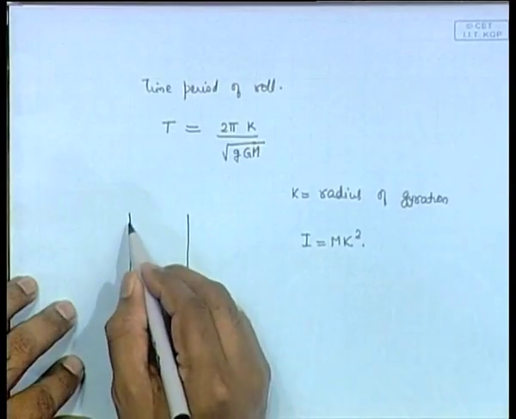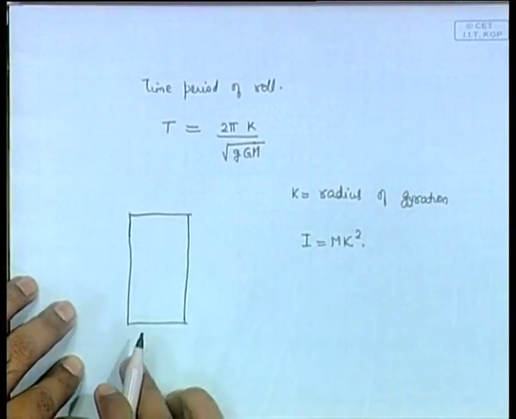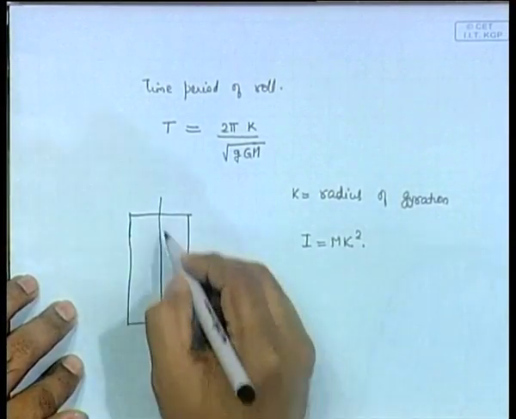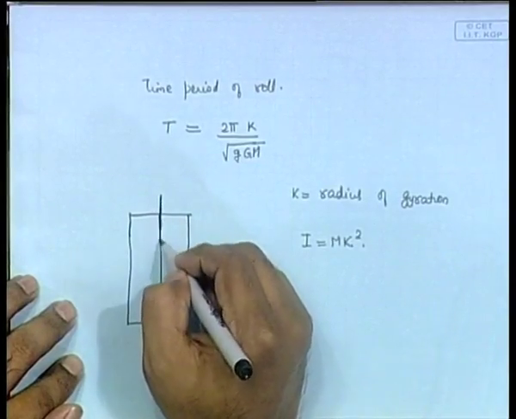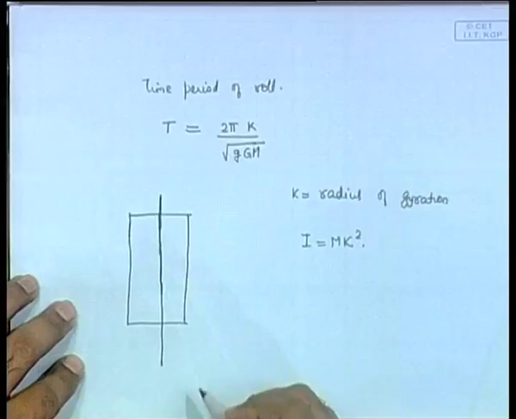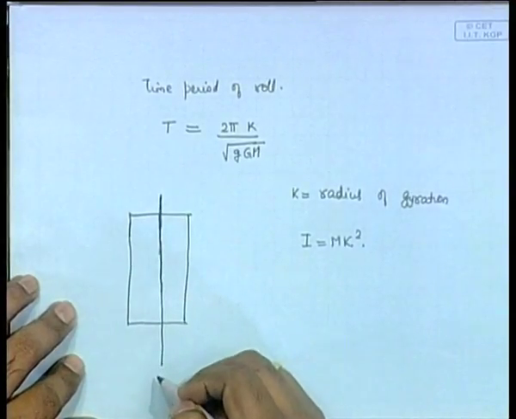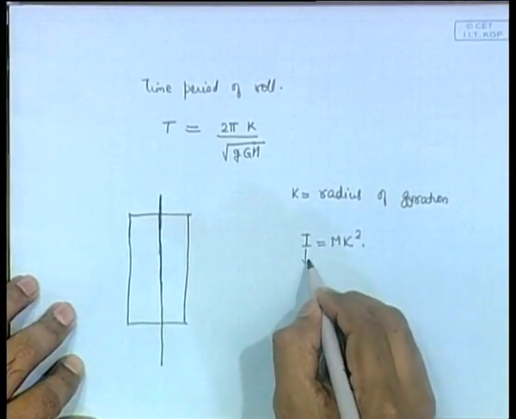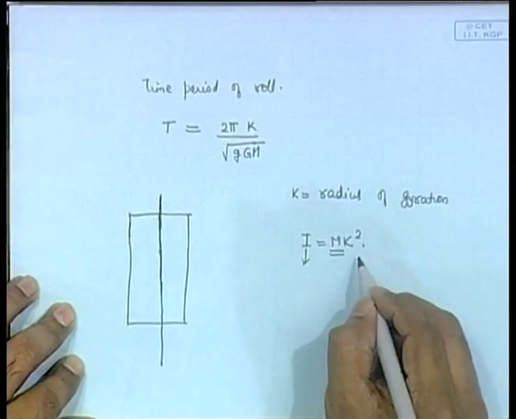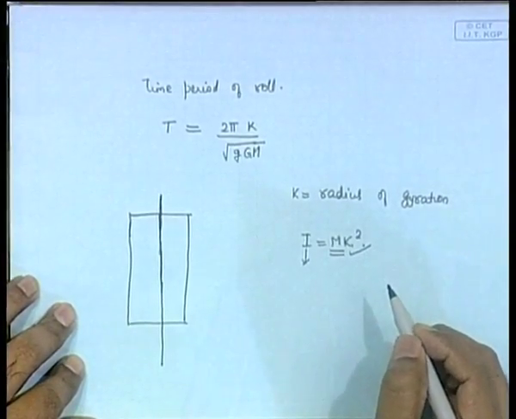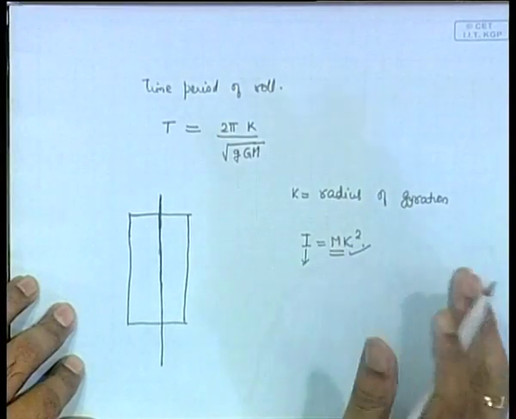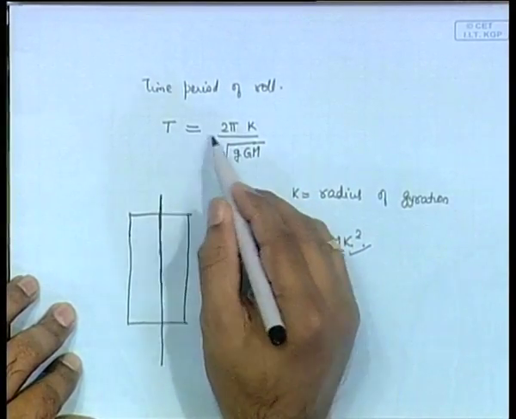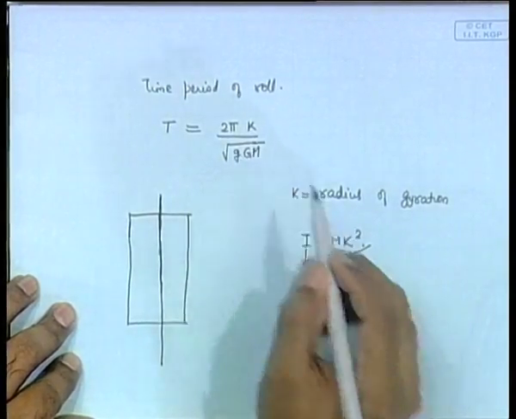So this I, if you say this is the length of the ship, we are talking about I about this longitudinal axis, this axis. This is the moment of inertia about the longitudinal axis, and of the water plane area, this is I. Now this is given by m, the mass of the ship, into k square, that will give you the radius of gyration of that ship for that particular water line. So you get k, and once you have k, you substitute here, you will get T equal to 2 pi k by this thing. Okay. Now